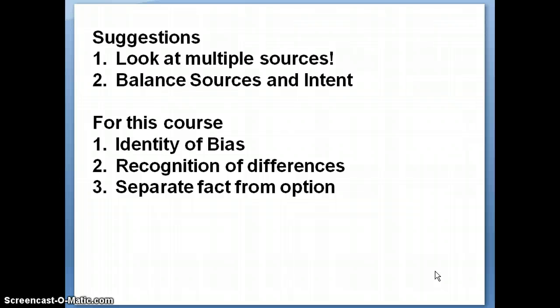So if you want to make sure you have a good background information, and we were going to ask you to write an authoritative paper on this topic, we would probably ask you to look for several different sources of information. So you might categorize in saying, here are some sources of information that take one point of view. Here is a second point of view, and maybe here's a third point of view. For the purpose of this course, we simply want you to be comfortable in identifying bias.